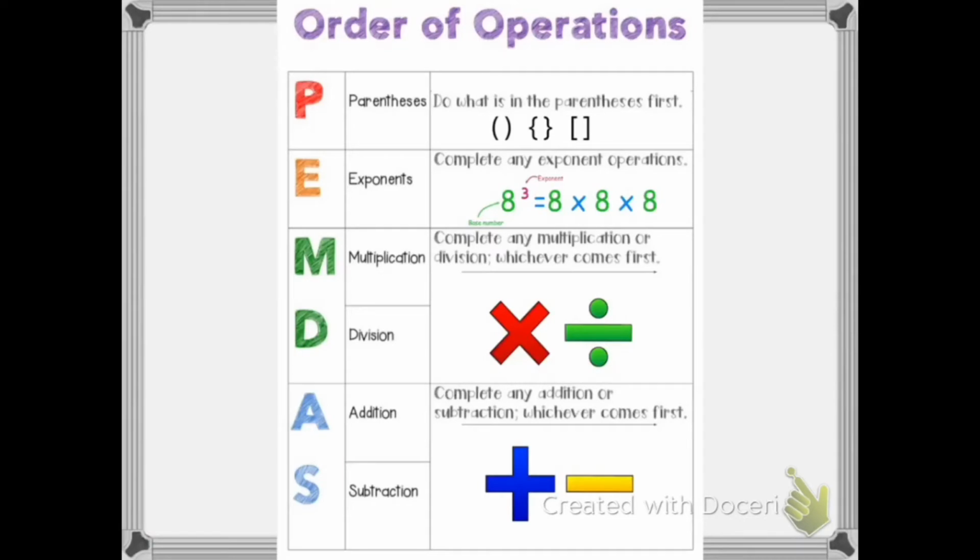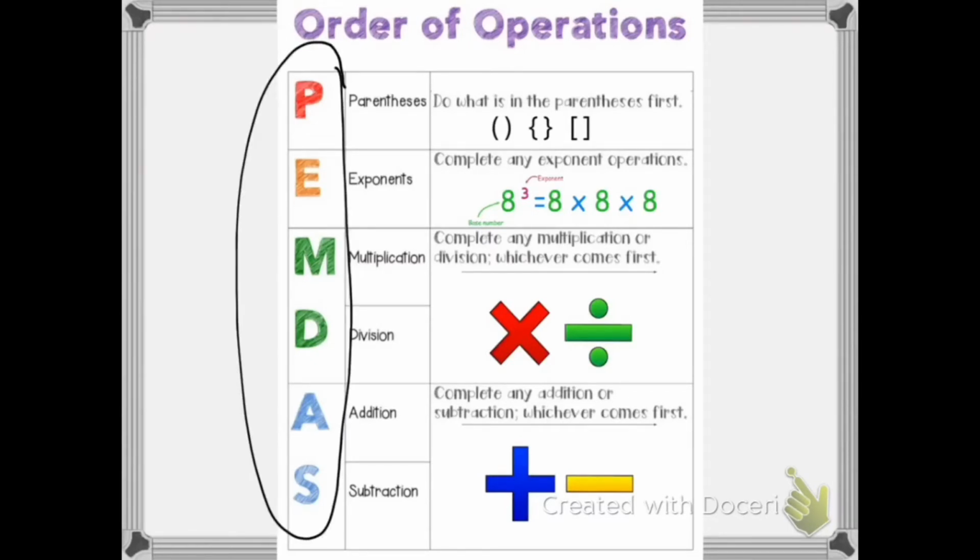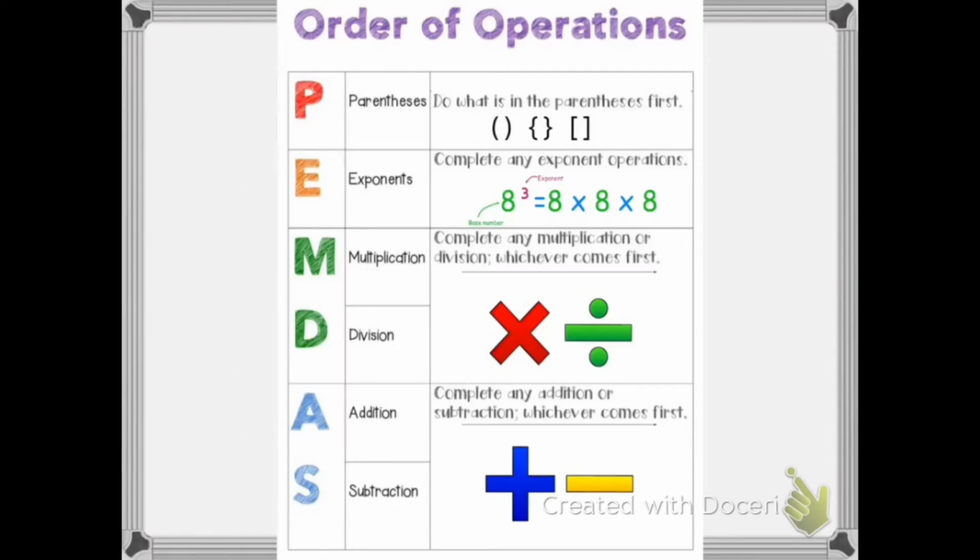So here we've got a nice little reference sheet that tells you what each of the letters stands for. And like we were saying before, right here is the first letter of each of the operations, and that spells out what we call an acronym. It's a word that helps you remember the order, and that is PEMDAS. So, this is also in Google Drive if you want to print this out to remind yourself,